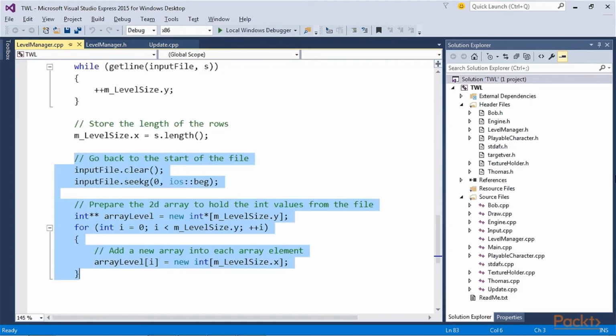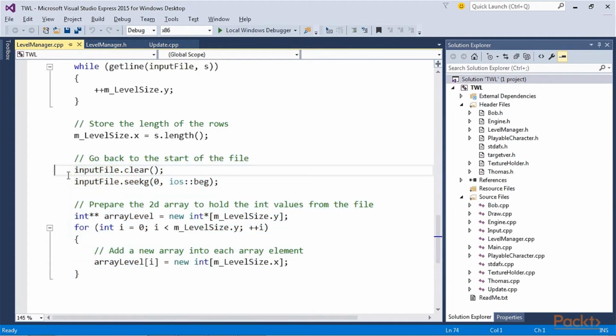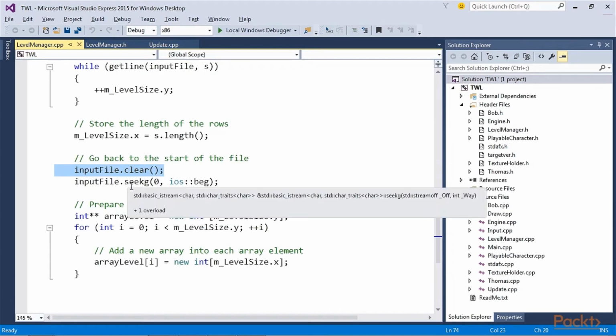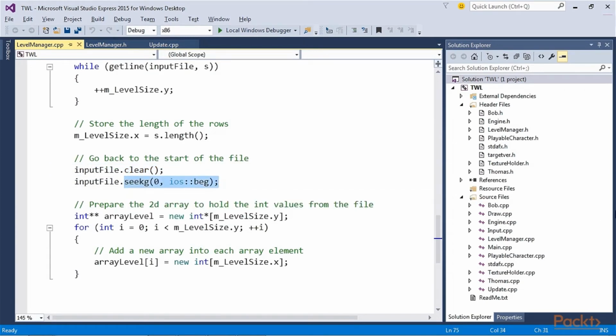Now, add the third part of the nextLevel function. Add this code immediately after the previous code. Here, we clear inputFile using its clear function. The seekg function called with the 0 and ios::beg parameters resets the stream back to before the first character. Next, we declare a pointer to a pointer called arrayLevel. Note that this is done on the free store or heap using the new keyword.